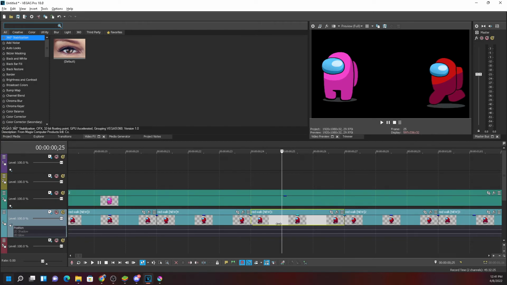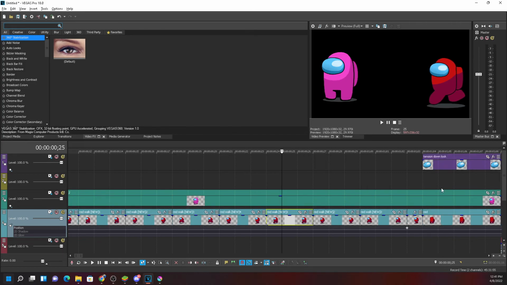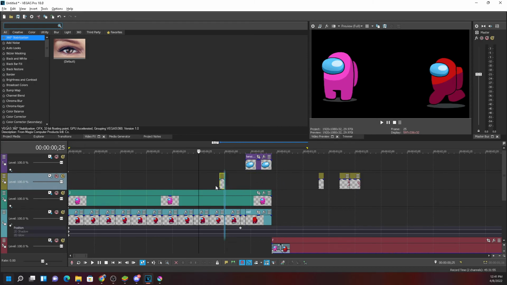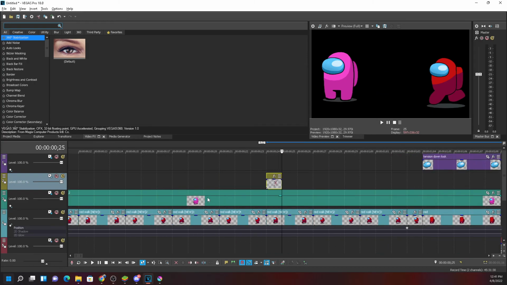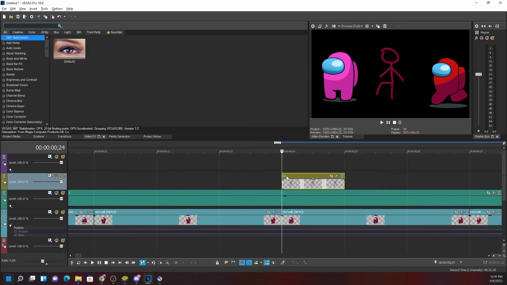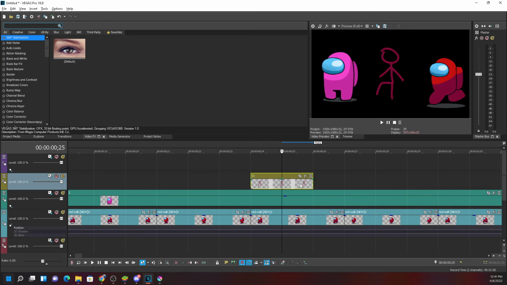Look. No, you need to look. There are two frames. No, it is not two frames. This image is two frames, right? One. This is one. This stickman is one, and this is two frames, right? This is two frames. Now look at it.